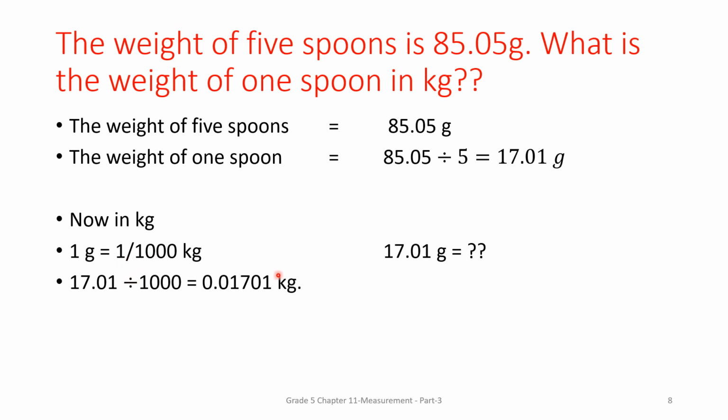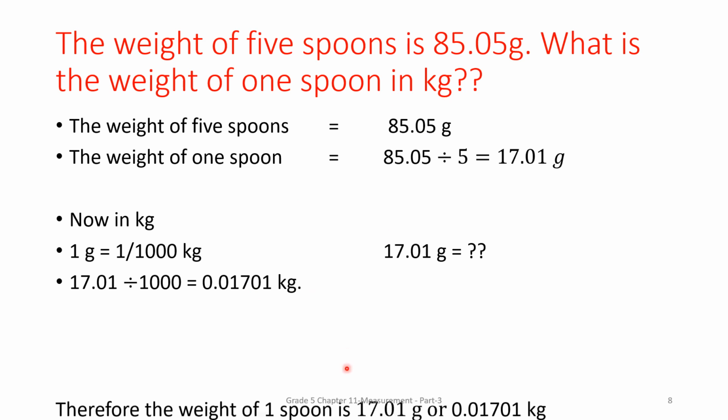Okay, so here comes division by 1000 again. So we'll count the number of zeros. Here we have 3 zeros. So, scholars, we need to shift this decimal point to its left by how many digits? By 3 digits. So 1, 2, but here we have only 2 digits to its left. So what will we do then? We will put 0 before 1. Okay, so our answer will be 0.01701 kgs, the weight of 1 spoon.